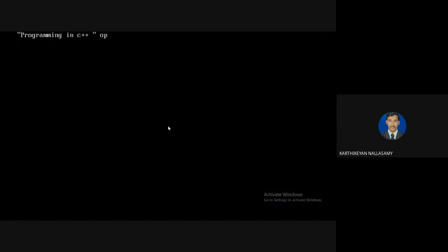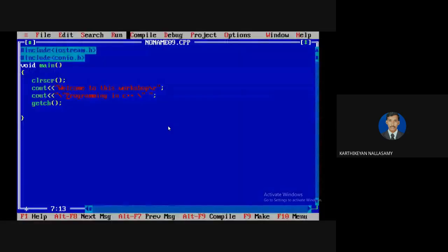We know that only one character can be shown at a time. So the entire line is replaced because of this carriage return. But the total length of "programming in C++" is not equal to the length of the workshop line, so some part of the old words remains. For example, I'm going to use only one word here.